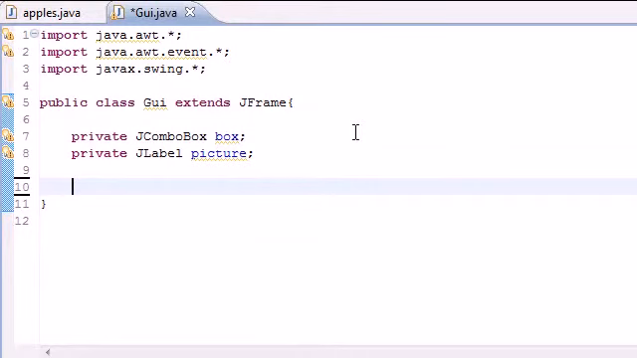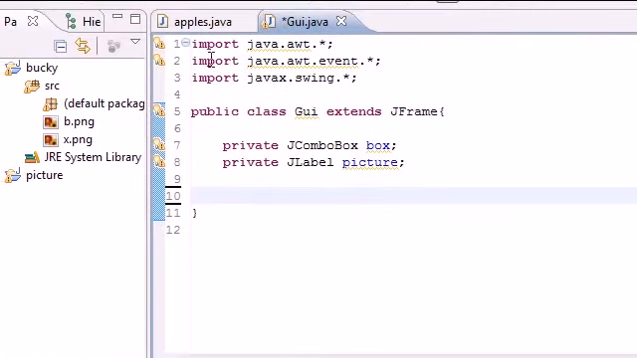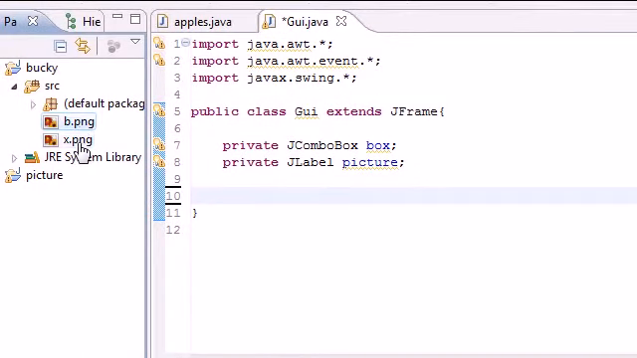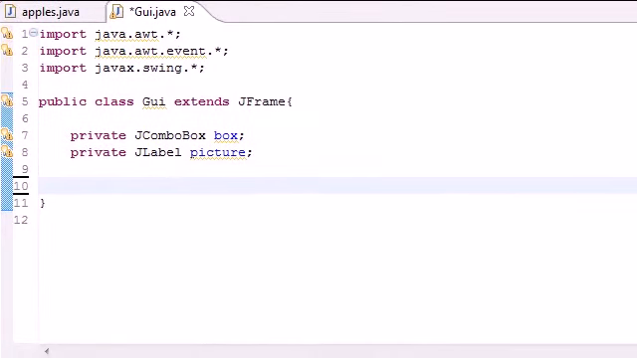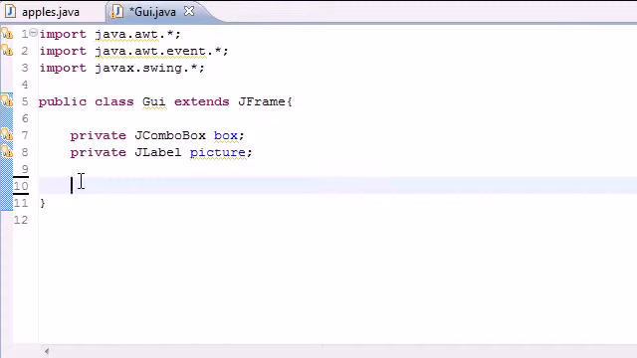Now the next thing we need to create is actually two arrays. Now you see here I already have two images, b.png and x.png, and these are pretty much just an image that says b and an image that says x with a little graphics on it. So we need to create two arrays. The first array is going to store the file name, and the second array is going to store the picture itself. So let's go ahead and put private static, we don't want it to change, String, and remember this is going to store the path, and the path is just a string, and I'm going to name it fileName, and we'll set it equal to